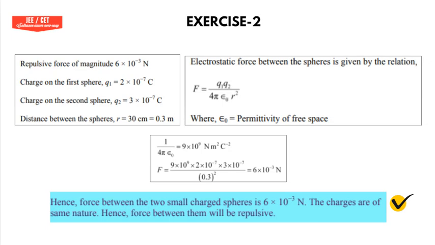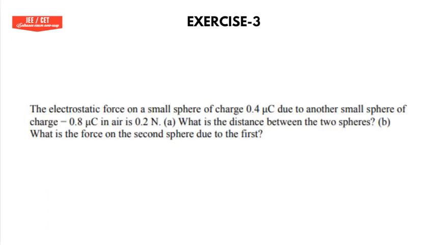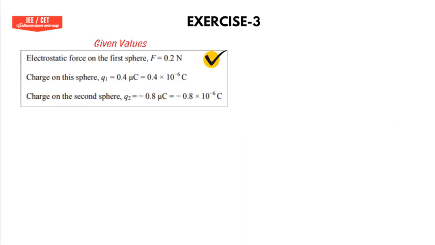In exercise 3, the electrostatic force on a small sphere of charge 0.4 microcoulomb due to another small sphere of charge minus 0.8 microcoulomb in air is 0.2 Newton. What is the distance between the two spheres? What is the force on the second sphere due to the first? Given values are force F, charges Q1 and Q2